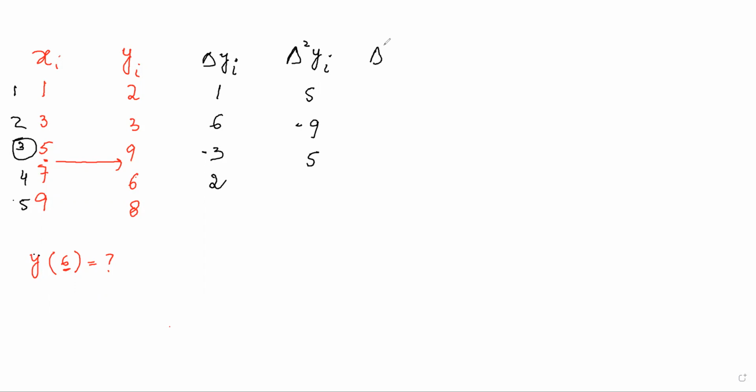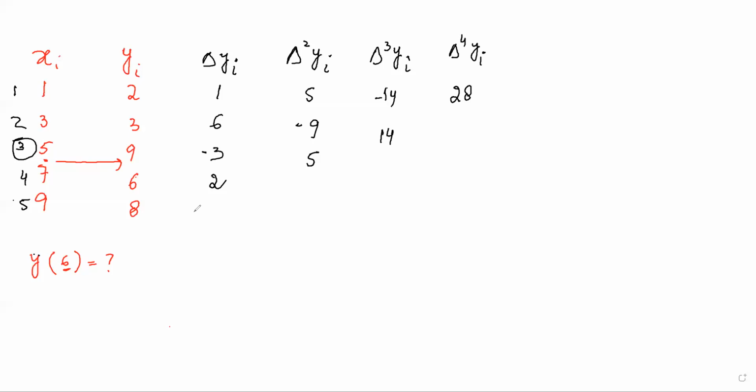Then we take delta 3 yi. Minus 9 minus 5 is minus 14, and 5 minus minus 9 becomes 14. The fourth entry is delta 4 yi, that is 14 minus minus 14, which becomes 28. Now what we will be writing